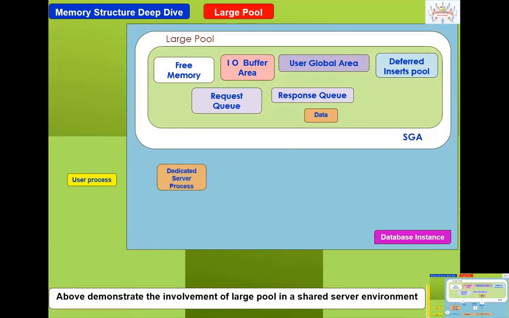This is what's going to happen. When a user process wants to connect, it is initiated from the client end. The request comes with a username and password, using whatever connection method, TNS or otherwise. With a dedicated connection, we always know it is one-to-one: the user process is initiated on the client side, then a dedicated one-to-one connection is initiated from the server side, and a dedicated server process is started. That we know. When it comes to shared server, things change.